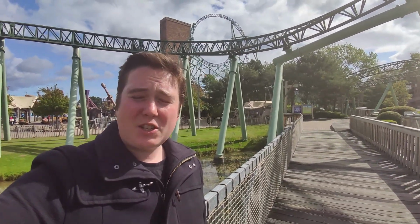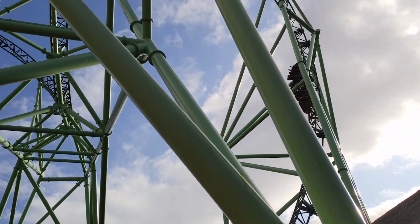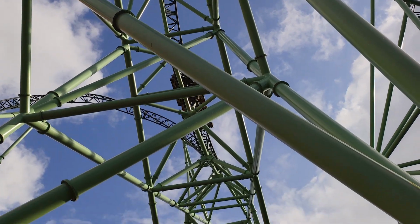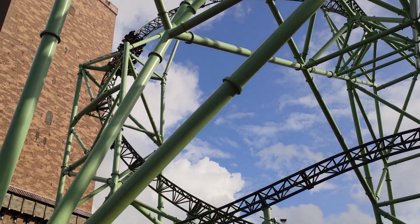But now they've added an extra bit where there's a projection screen up at the top of the lift hill, so it adds a little bit more story to the ride. 2 years after opening, they even managed to make the indoor reverse drop longer, more than doubling its speed. The reverse drop is completely unique to this ride, with no other coaster in the world having it as a